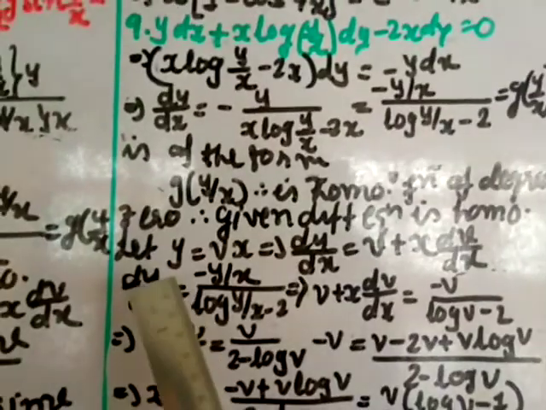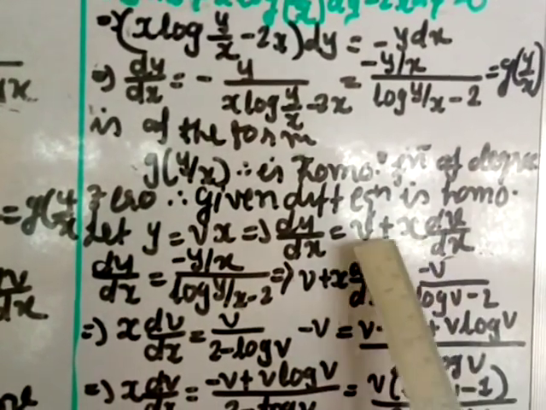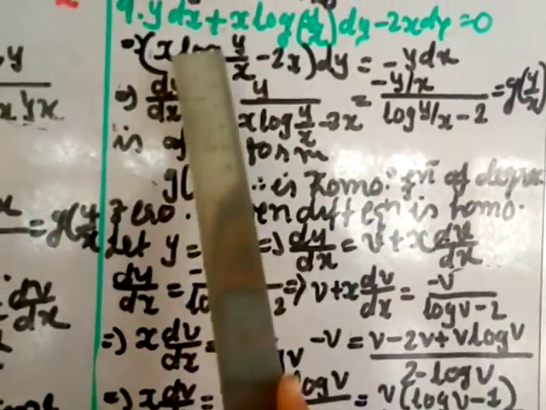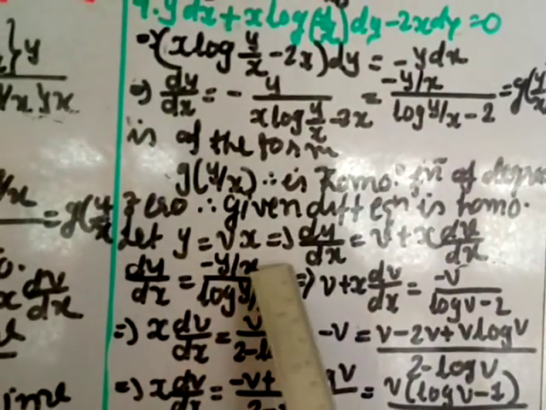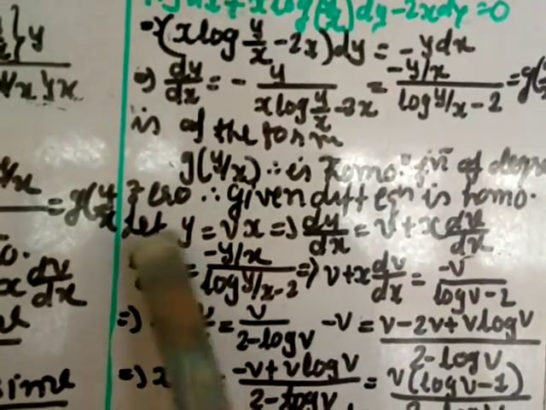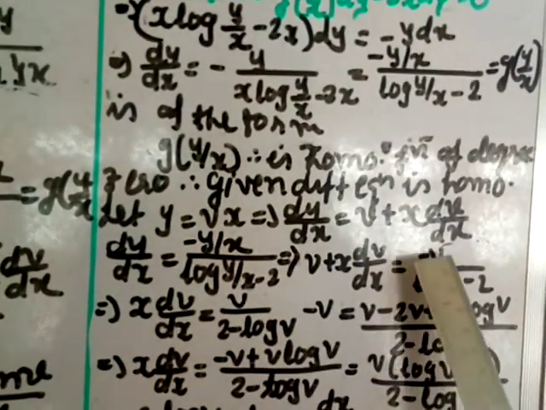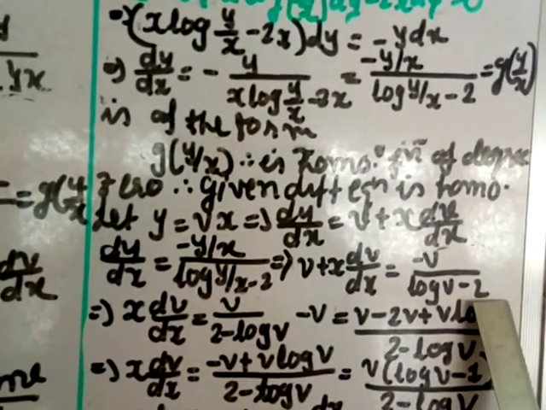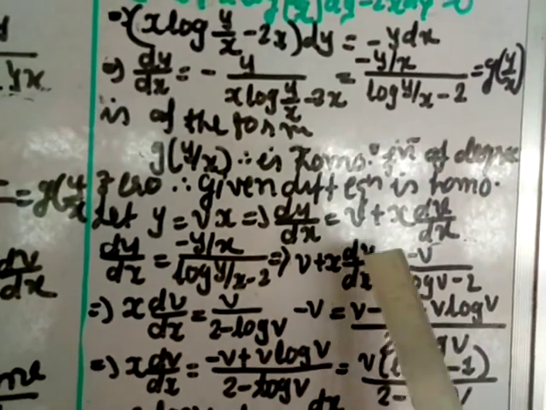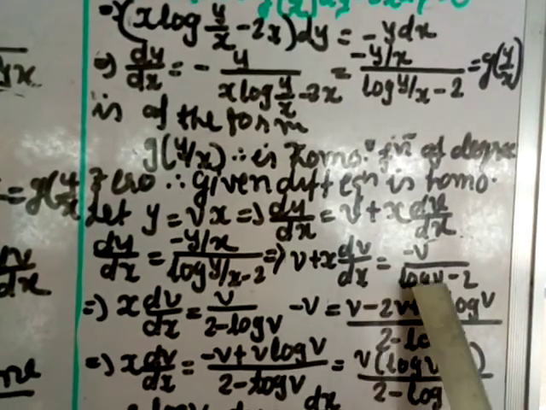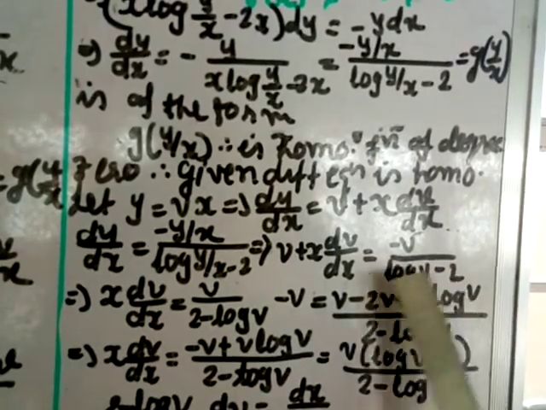If it is homogeneous, you have to put y is equal to vx, and differentiate: dy by dx is equal to v plus x dv by dx. So instead of dy by dx, you put this value. First I am writing this one, minus y by x divided by log y by x minus 2. dy by dx is v plus x dv by dx, equal to y by x is v, divided by log v minus 2. This v you transfer here, minus v. And this negative I am giving to the denominator, so log v becomes negative. That I have written in the second place, and minus into minus plus 2, that I have written in the first place.